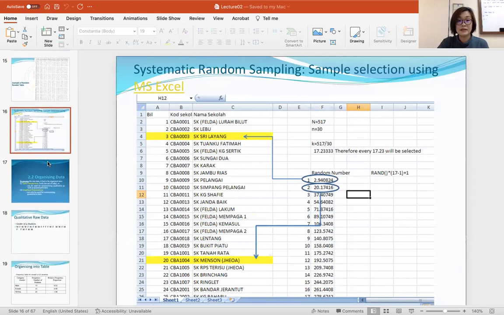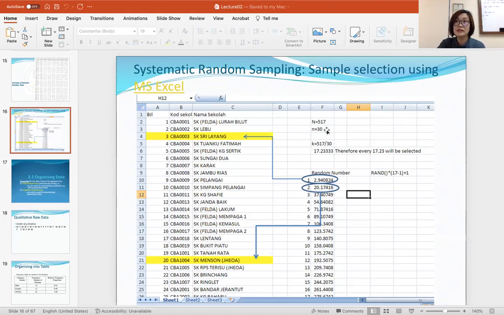In this case, we are trying to select a few schools to join the competition or survey, so they use random sampling, right? For example, the big N is 517 schools, and I would like to